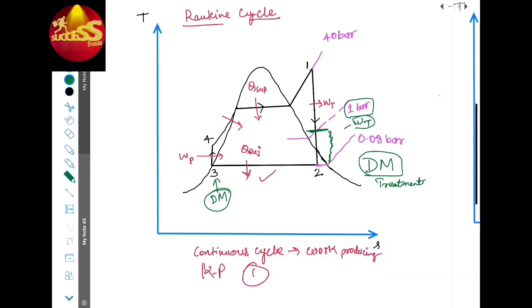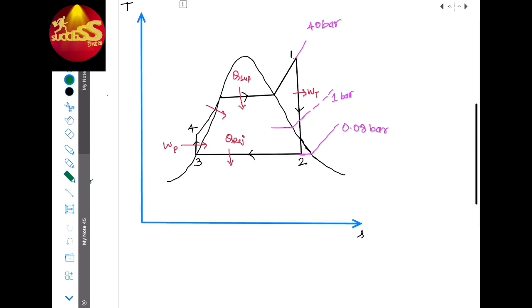So to eliminate this, we have to use the condenser. Again, he will argue: save the DM water, and put the exit of the steam turbine directly into the boiler, so that we can save the DM water and also get the maximum expansion work. So now let's suppose we did not expand this steam up to the atmospheric pressure. We expanded this steam till 0.08 bar, and then we directly put this into the boiler.